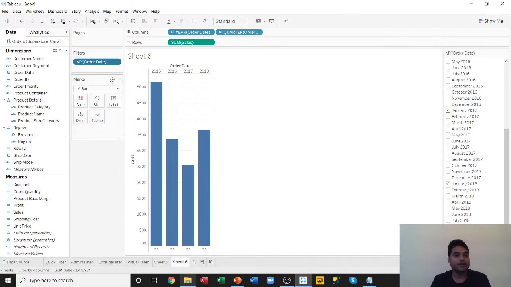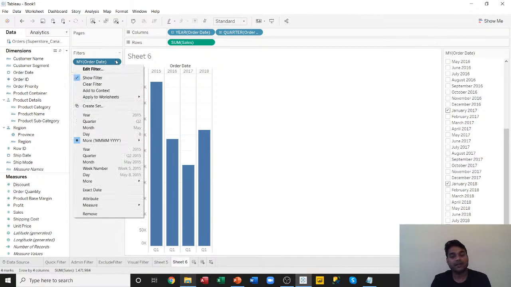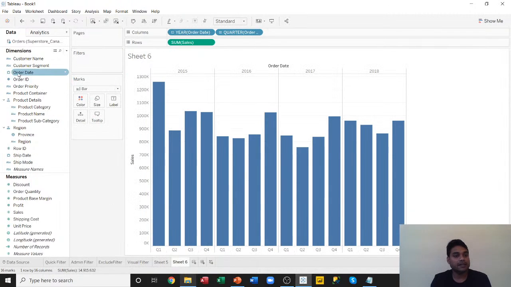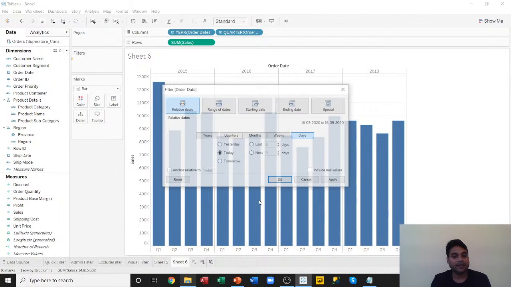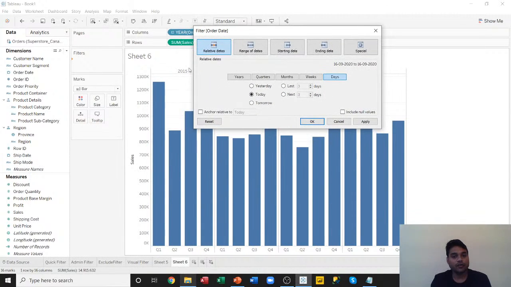One more way we can use the date filter is by using the relative date option. Let me show you how. I'll select this order date, bring it to the filter shelf, and there's an option over here called relative date at the very top, and you can click on next. Here we can do some cumulative calculations like year, quarter, month, weeks, days. Now if I select a year, under the year option we have previous year, last year, this year, next year,